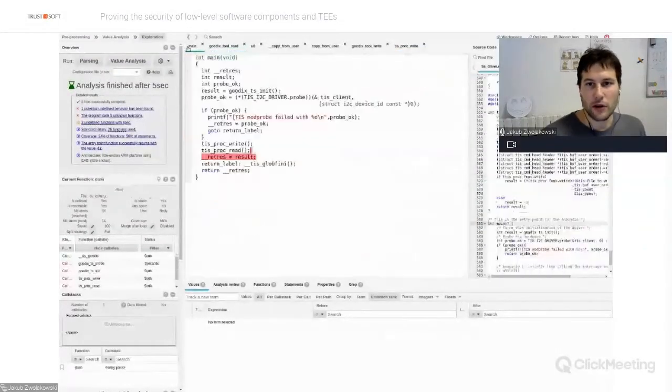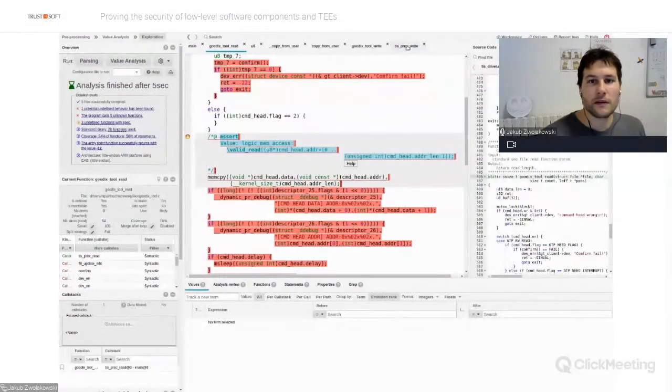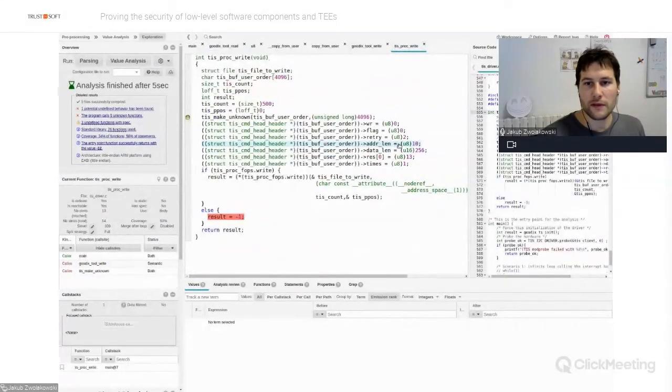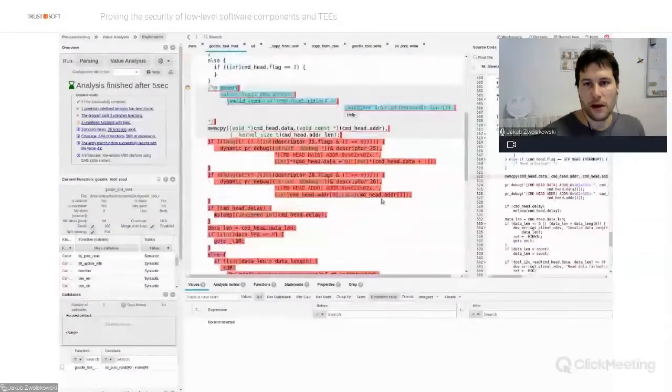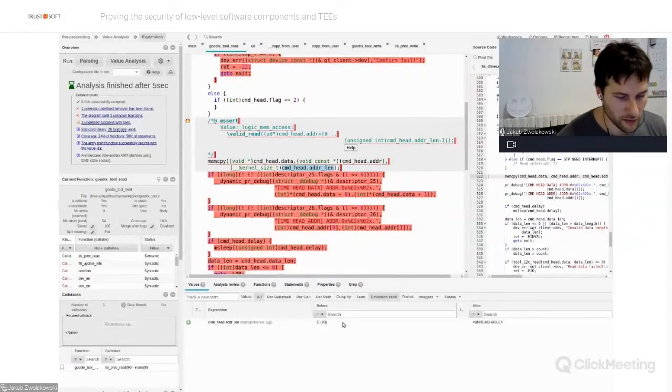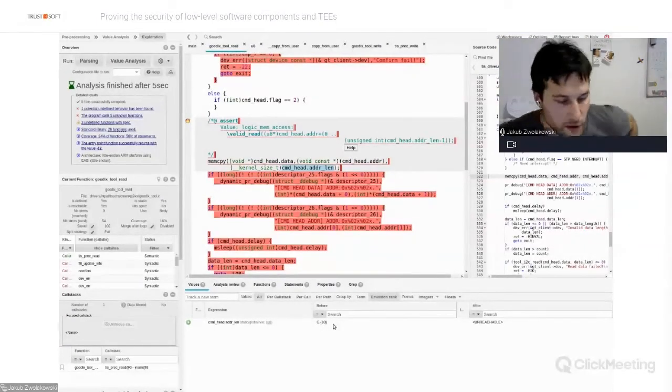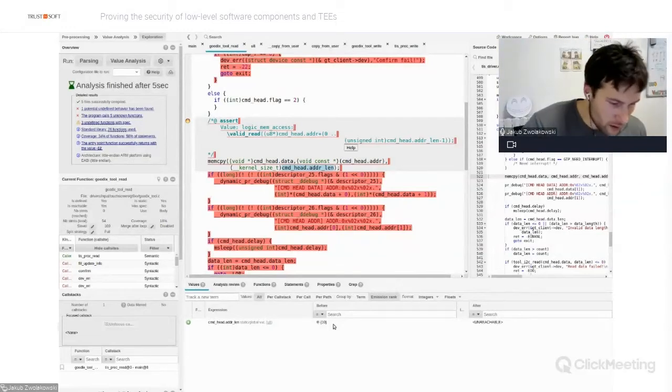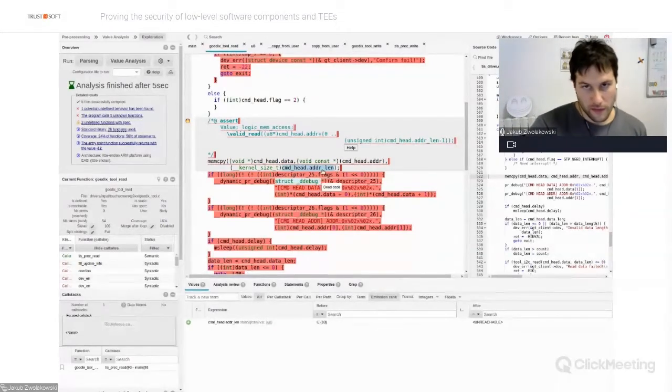Yeah, so we can go here and see that there is this line here now, address length equal 10. And when I go to my undefined behavior, I can see that command head address len has value 10 now. So this is what I put there. So we can see that this indeed is coming directly from data given by the user, written by the user to the proc file.